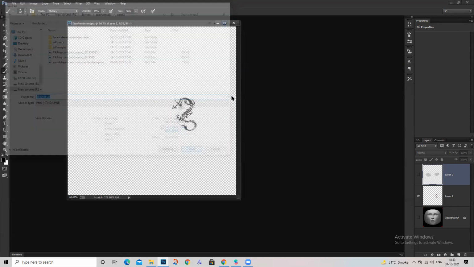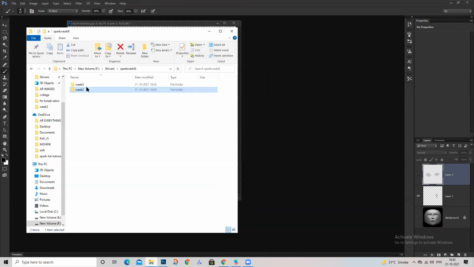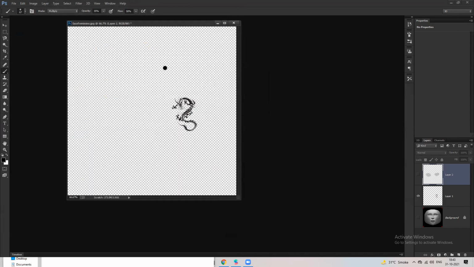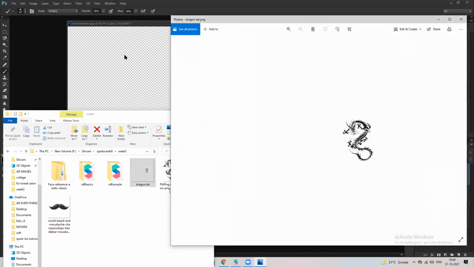Some days ago, someone was asking me what a transparent background PNG texture looks like. It's supposed to look like this, but when you export or download it, it should not have this black and white kind of texture in the background. Here you can see the gray is not visible.